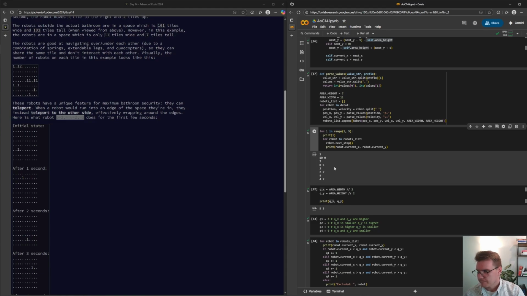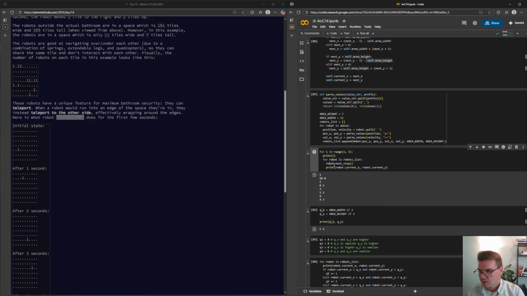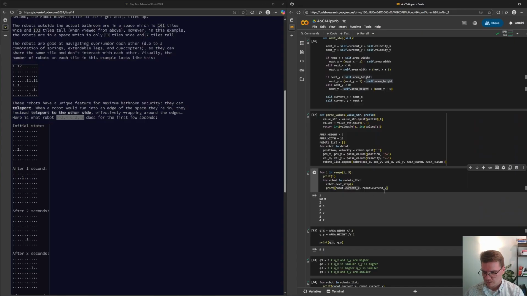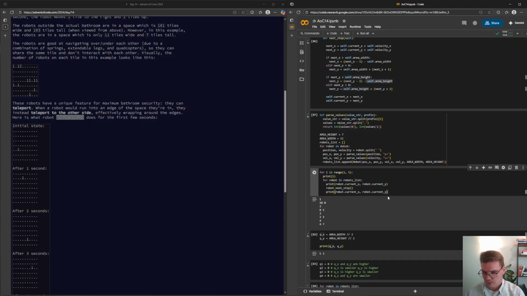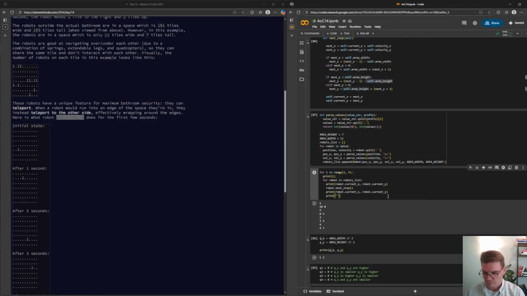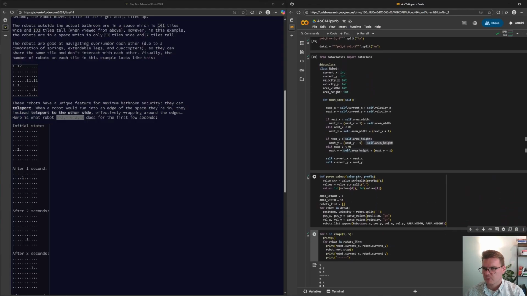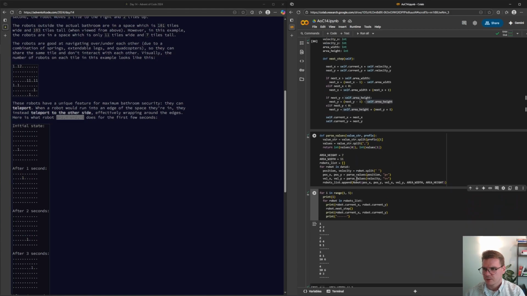So it starts from 2 and 4. Maybe actually we could do so that we will print these before and after, and then have this kind of line there. So it starts from 4 and 7. Ah. 2 and 4. Yes. 2 and 4.